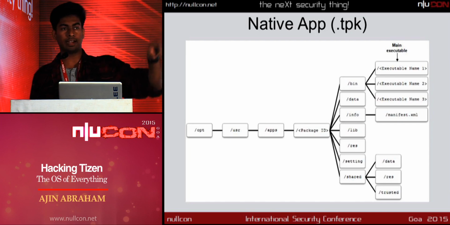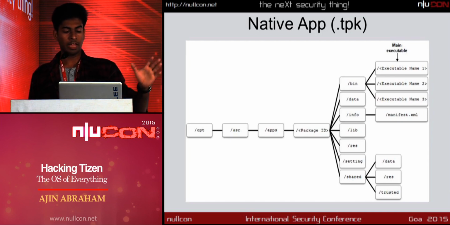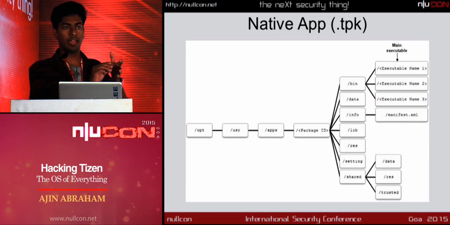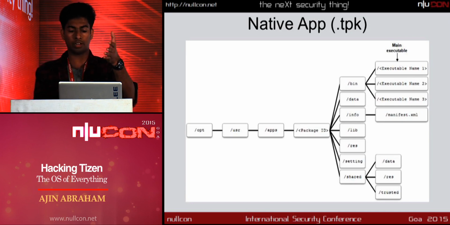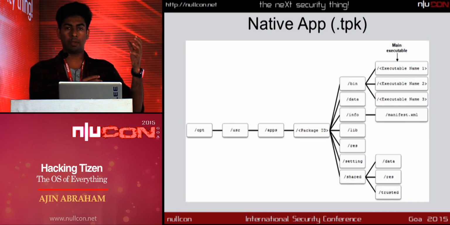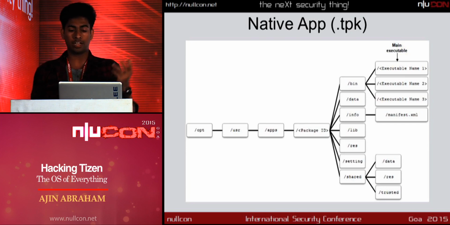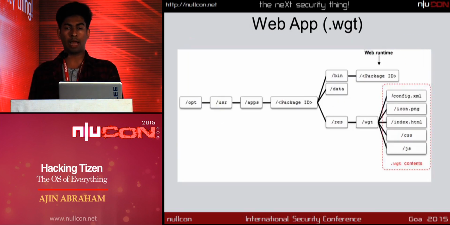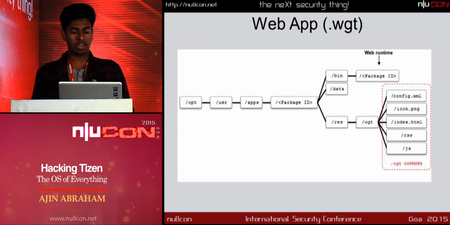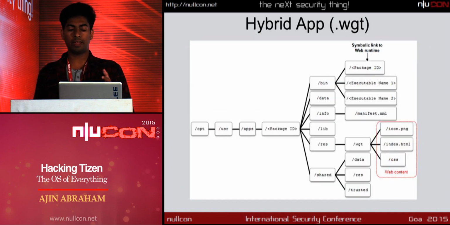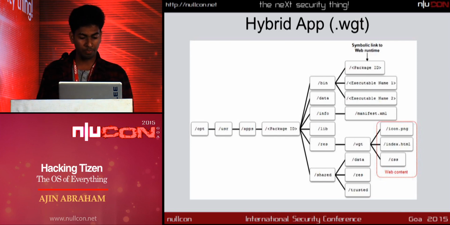And this is a native application structure, the .tpk file. The one that is marked in red is basically nothing but the installation location. And after that, whatever is the content of the TPK. So in Tizen, whenever you install a TPK, it will just get extracted to that particular folder. That's the installation directory. So whatever is in that TPK will get extracted there. And similarly with the web apps, that is .wgt, everything will get installed under /opt/user/apps, and then that random package ID, and inside that you have the content. And you can also have a hybrid application, which can support both binary, where you can code both in C++ as well as your HTML, JavaScript, whatever.